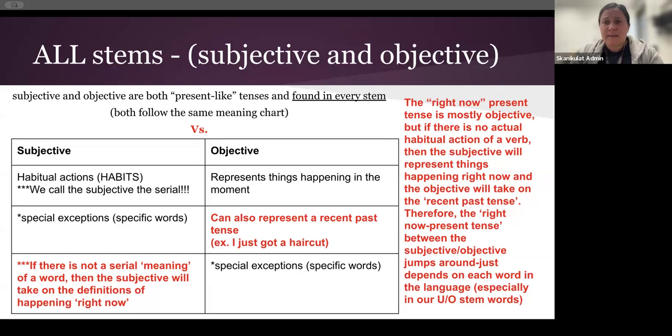So I wouldn't say that this table is generally the rule of thumb. It is just a guideline. The verb dictates what is happening right now. Is it on the subjective side or is it on the objective side? So there are guidelines always, and so I teach you those, but I would always encourage people to not